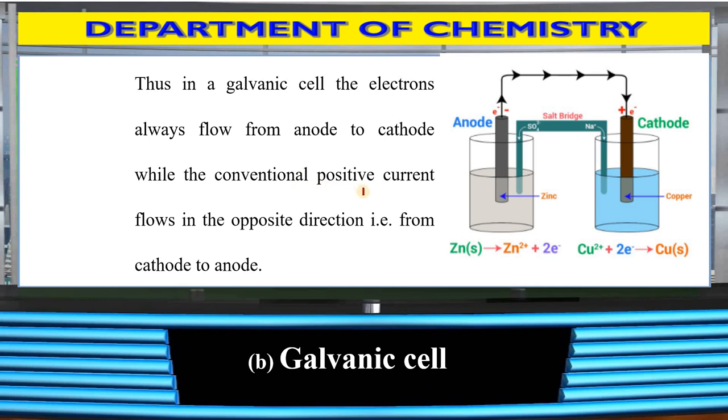While the conventional positive current flows in the opposite direction from cathode to anode, means here electrons will go towards the cathode from anode. At the same time current will flow from cathode to anode. We know that movement of electrons and current are exactly opposite to each other. Means when electrons are moved from anode to cathode, at the same time current will flow from cathode to anode,